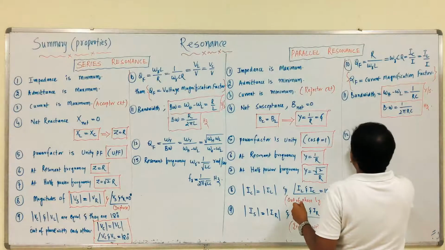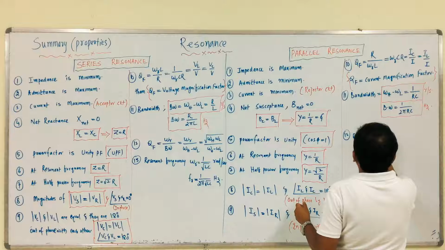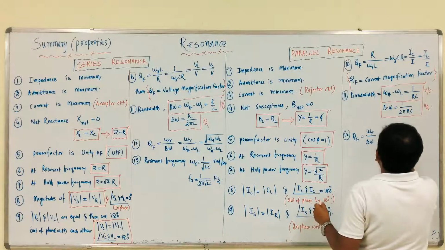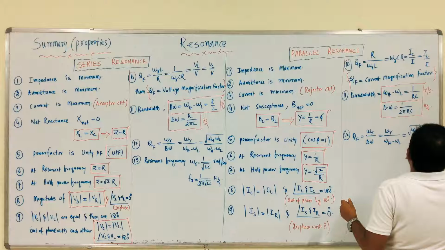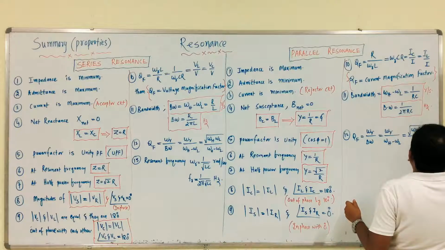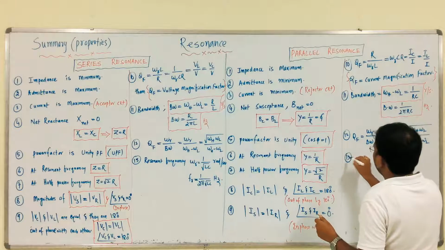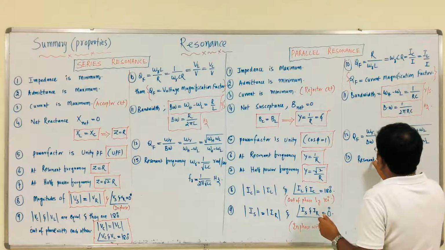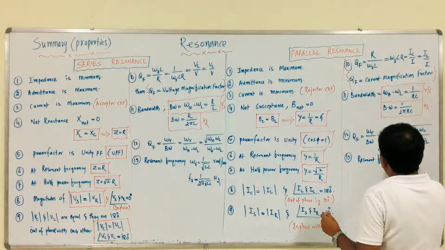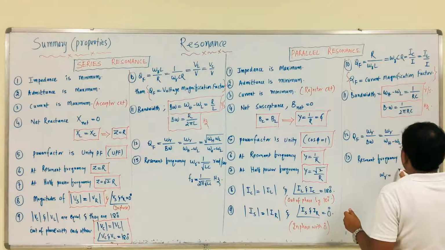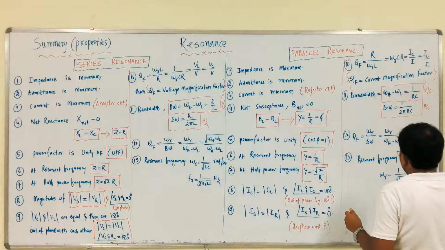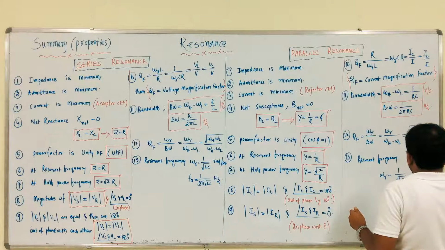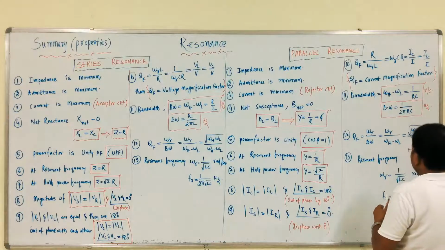Like this, here also, 12th point is what? Quality factor is equal to the same, which is equal to resonant frequency by upper cutoff frequency minus lower cutoff frequency, which is equal to R by L... that's it. 13th one, resonant frequency, which is equal to 1 by square root of LC radians per second, like that F R is equal to 1 by 2 pi root LC hertz.